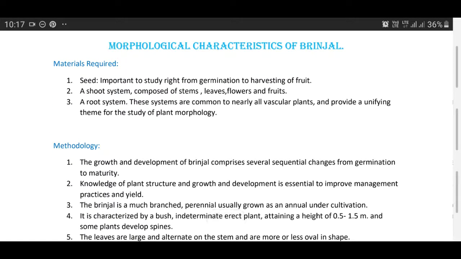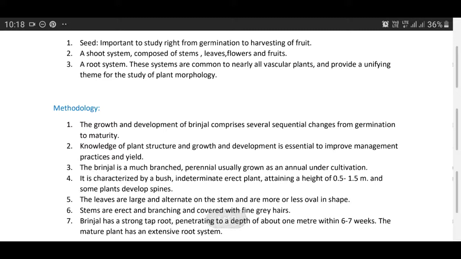Then we would like to discuss how we study the morphology of brinjals. Methodology. The growth and development of brinjal comprises several sequential changes from germination to maturity. Knowledge of plant structure and growth and development is essential to improve management practices and yield. The brinjal is a much branched perennial usually grown as an annual under cultivation. It is characterized by a bushy, indeterminate erect plant attaining a height of 0.5 to 1.5 meter, and some plants